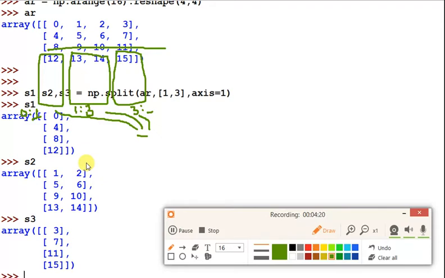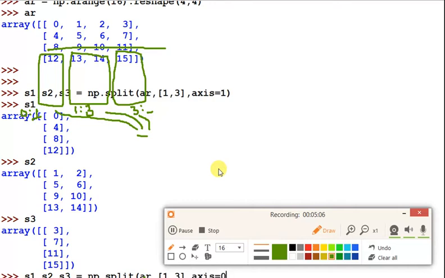in non-equal divisions. And if you want to apply it row wise, suppose I'm using S1, S2, S3 equals np.split, with the array you are passing, and you can pass 1, 3, then axis 0 I am passing here.